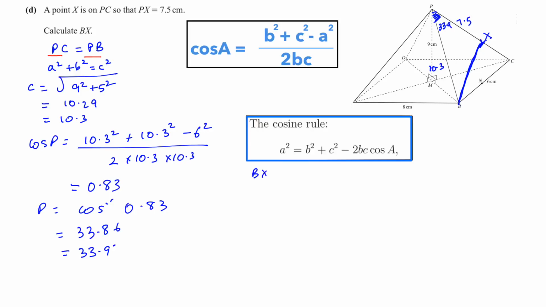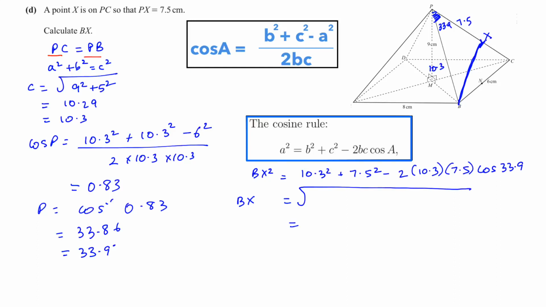Therefore, BX squared is equal to 10.3 squared plus 7.5 squared minus 2 times 10.3 times 7.5 times cos 33.9. This whole answer, we will square root it,